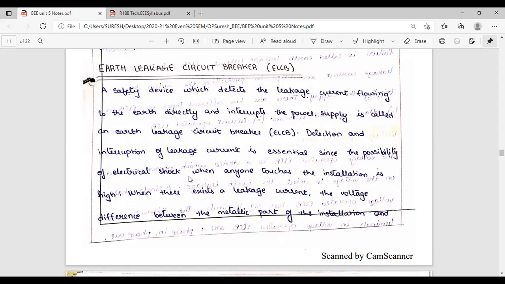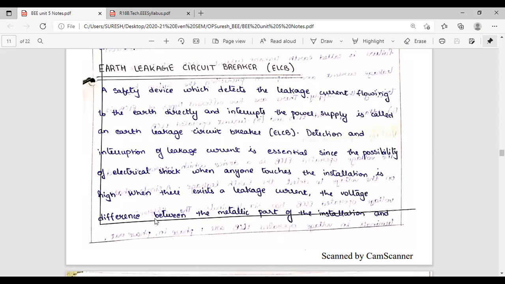Since the possibility of electric shock when anyone touches the installation is high. Suppose a leakage current is flowing and a person touches that appliance or installation, then automatically he is affected with shock. So we have to protect persons from electrical shock. That's why ELCB is designed. When there exists a leakage current, then the voltage difference between the metallic part of,